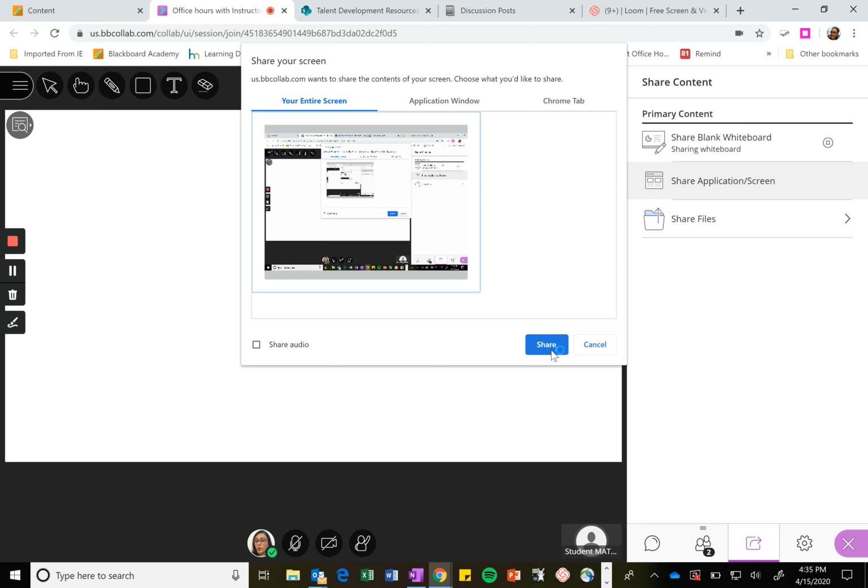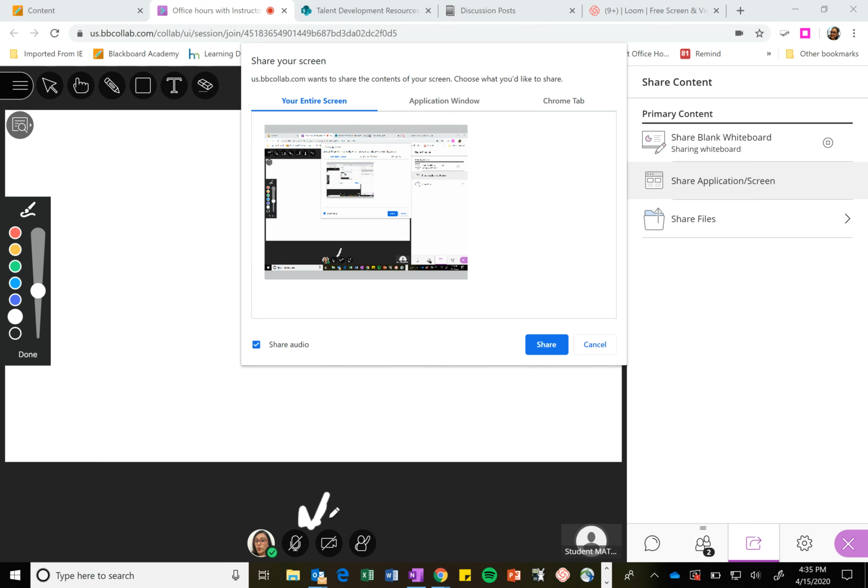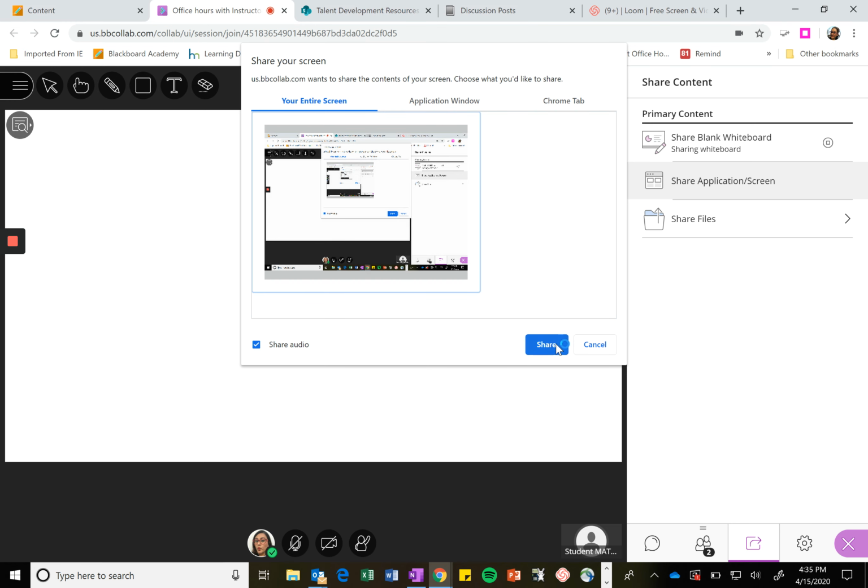Now, if you want to share audio, you have to click on share audio. That's only if you want them to hear something that is being played on your desktop. It has nothing to do with whether they can hear you or not. That is a different option down here. That has nothing to do with sharing your screen, okay? So you will share your screen,